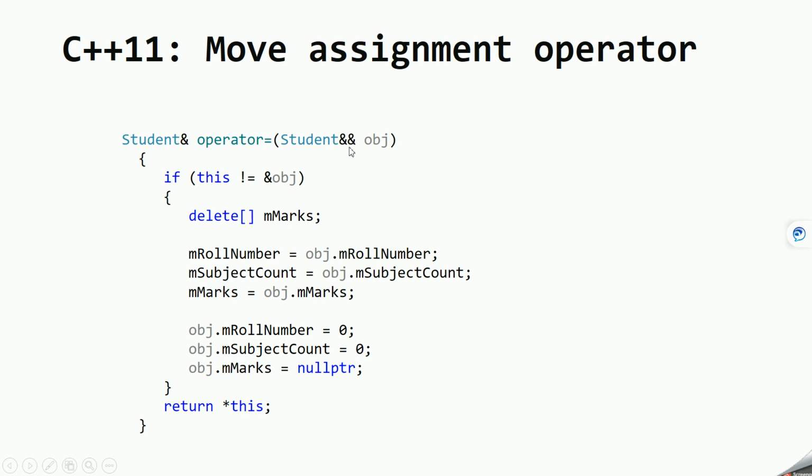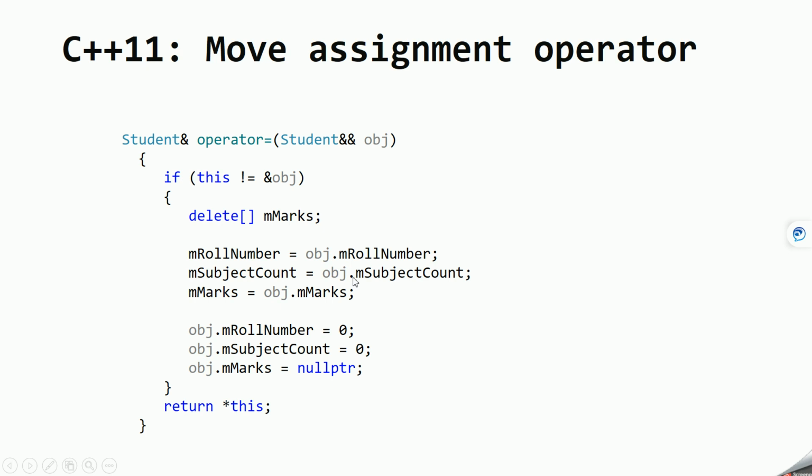Here also we'll take an r value reference, and the rest of all things will be the same. So instead of creating the memory again, here we are just making the members of the object to which the value has to be copied point to the members of the temporary object.